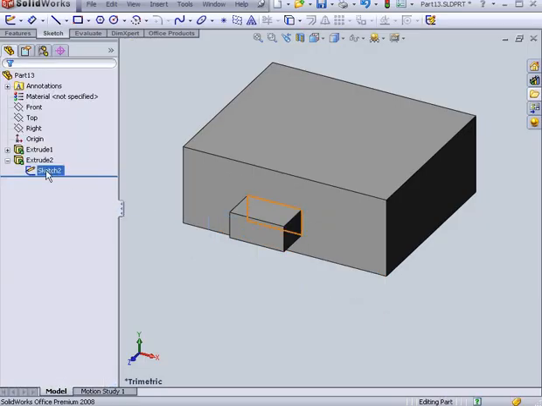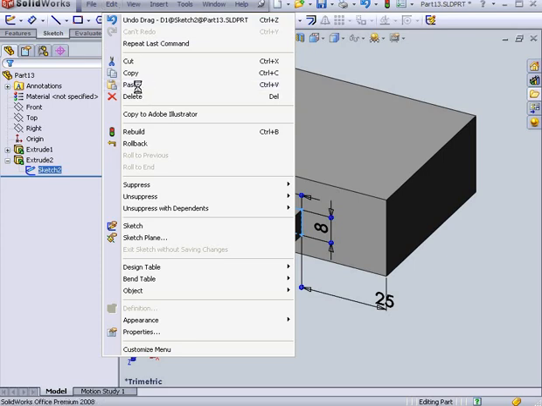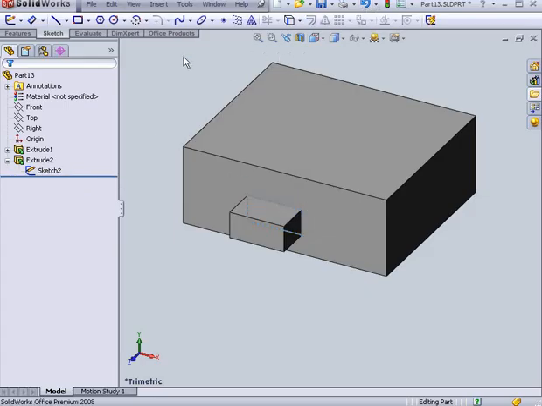Let's unselect it. While the sketch is selected, let's choose Edit, Copy. Now we can select Edit, Paste, and I'll end up with Sketch 3 pasted in the exact same location. Let's undo it. In order to place the sketch on a different face or plane, I need to select that